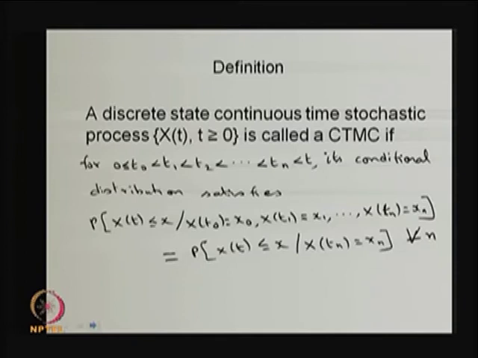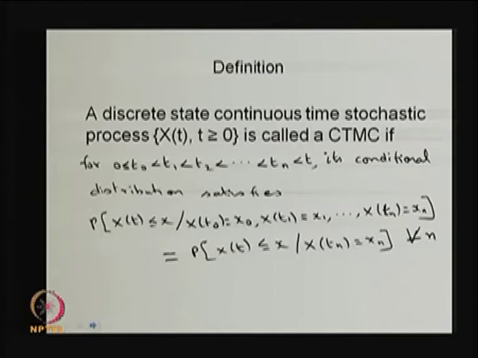If you take n plus 1 arbitrary time points, t0 to tn, where t0 can be 0 also, with the inequality t0 less than t1 less than t2 and so on less than tn, and you take any arbitrary t with tn less than t. For fixed t, X(t) is going to be a random variable. Therefore, now we are going to find the conditional distribution for these n plus 1 random variables with the random variable X(t).